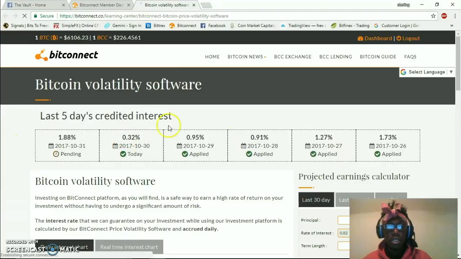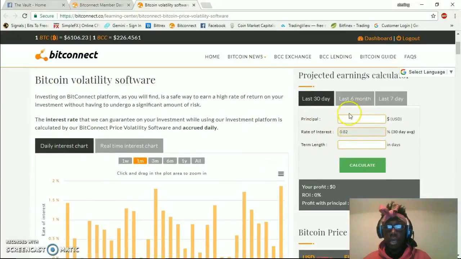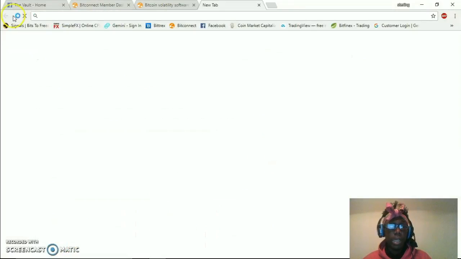The interest rate is based off the open and close of Bitcoin. So Bitcoin has been moving a lot, and it just hit 6,300, as you can see up here. So we're going to have a big payday tomorrow. And down here you can see where we get our interest rate from, and I'll show you the Google spreadsheet